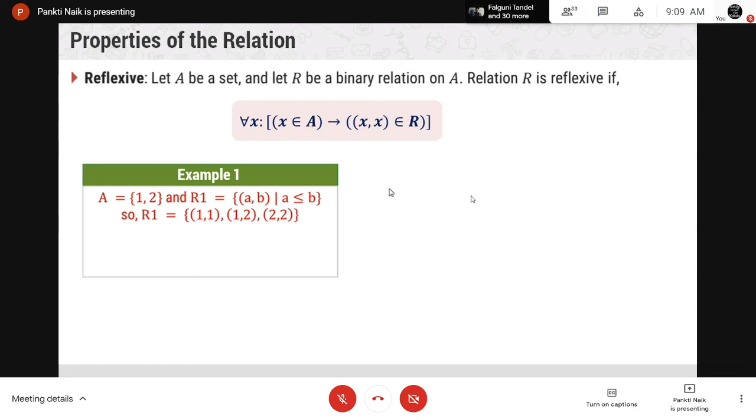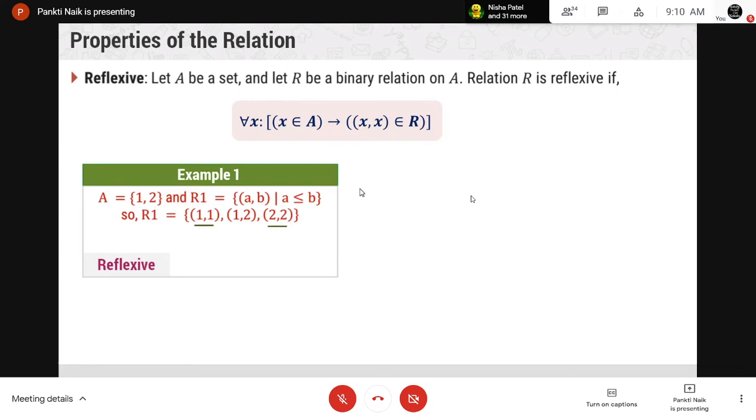So for that we see one example. A is equal to {1, 2}, right? And relation R1 is equal to (a, b) such that a is less than or equal to b, right? So any subset na members કયા છે 1 and 2, અને relation શું છે (a, b), but value of a is always less than or equal to b, right? So any relation R1 ના members કયા કયા થશે, (1,1), (1,2), all the possible combinations of 1 and 2, right? But value of a must be less than or equal to b, right? So કયા કયા થશે: (1,1), (1,2) and (2,2), right?